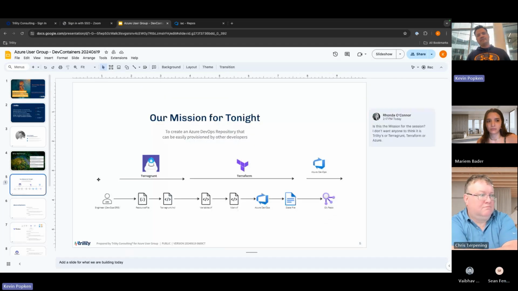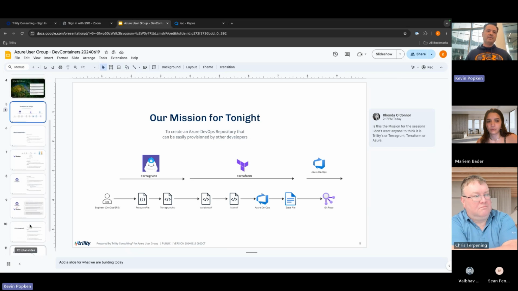So today we have a mission for tonight, and our mission tonight is to deploy some self-provisioning infrastructure for people to create a repository in Azure DevOps. Why this is cool is because this enables developers to deploy whatever repository they want, but still apply all the rules and organizational settings that most enterprises want. It enables people to move fast, not have to get a bunch of check marks, and still abide by all the different policies and things that the organization needs. So you're getting out of the way, and helping people get their jobs done and